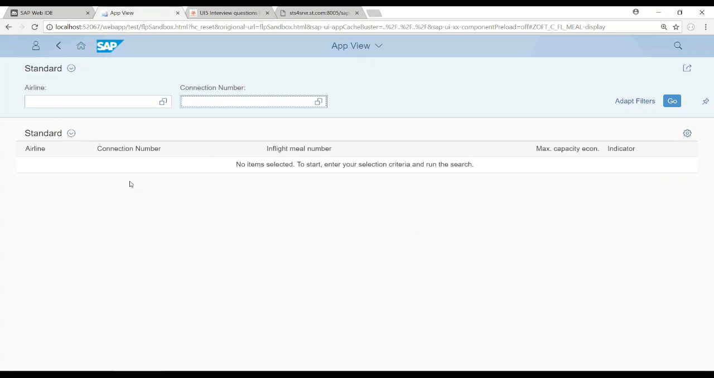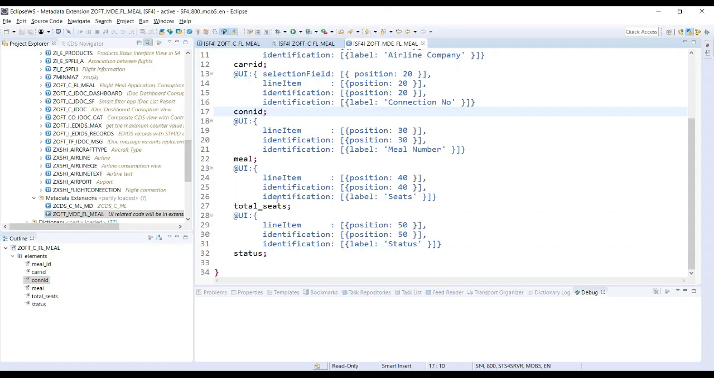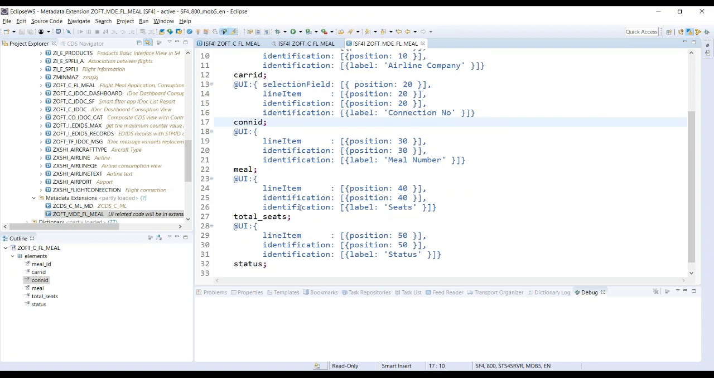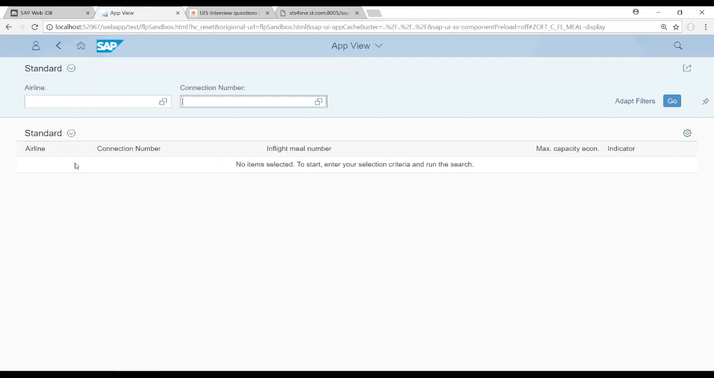Next, how many table columns do we have according to the annotations? Who will tell me how many table columns we have according to the annotations? 5 columns. You see airline 1, connection number 2, in-flight meal number 3, maximum capacity 4, indicators 5 columns. Let's shoot on go,